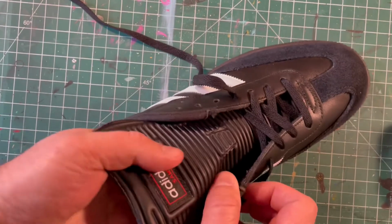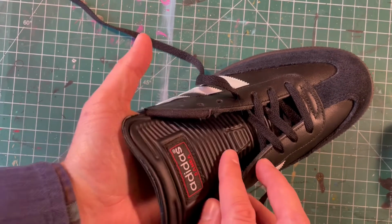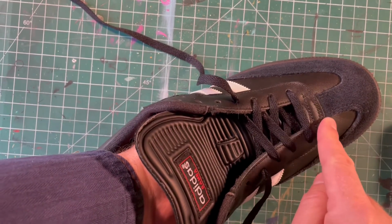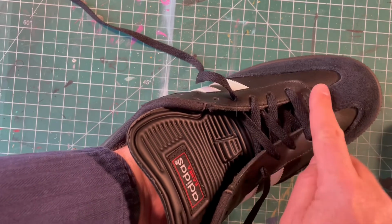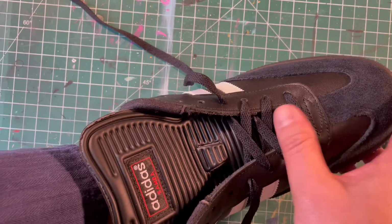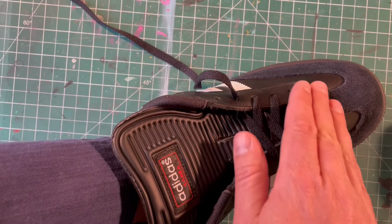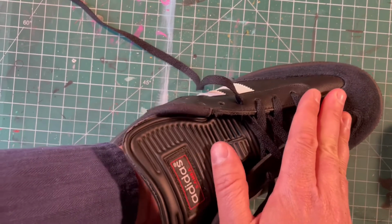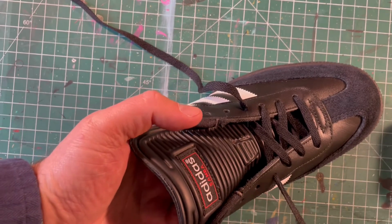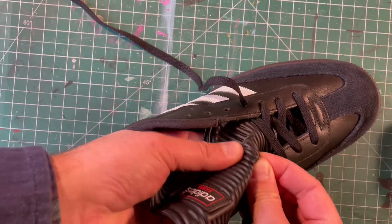And what you're gonna do is, because there's so much ribbing, it's really easy to just sort of scoot the tongue down a little bit. What that does is it creates a little fold in the tongue right where it starts. And because the shoe is so pliable, eventually you're not even gonna feel it there. It's gonna be folded, tucked back right where it starts, and it's gonna be hidden away from you and from sight. So now with the tongue scooted down, you go through the tongue